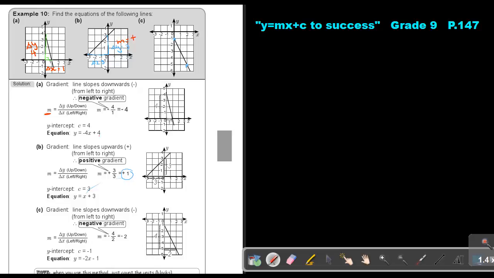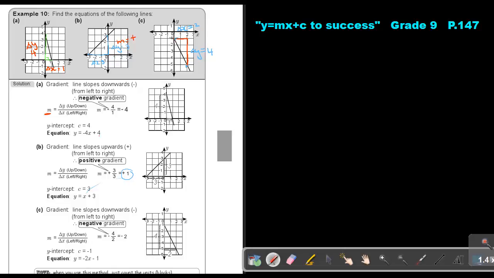Blue. We already have green. I think we're going to do this one in red. Okay, so if I look, then this will be delta y and this will be delta x. So delta y is 1, 2, 3, 4. Delta x is just 2. But this slope is down. It's going down. So that's why it will be negative delta y 4 over delta x 2. And that will be negative 2.